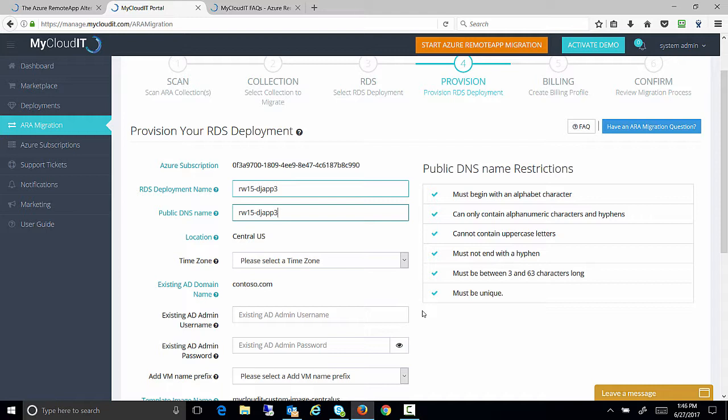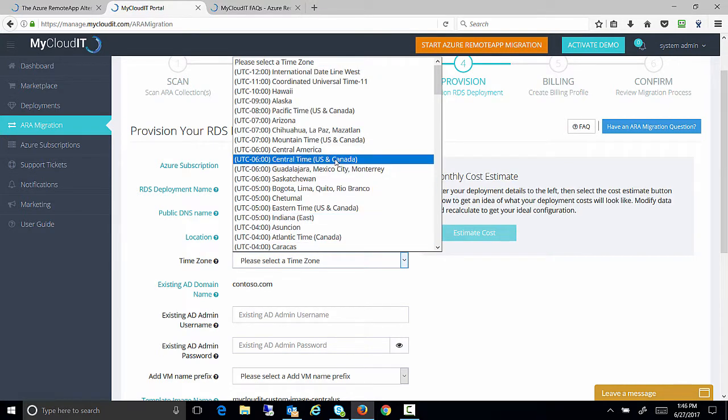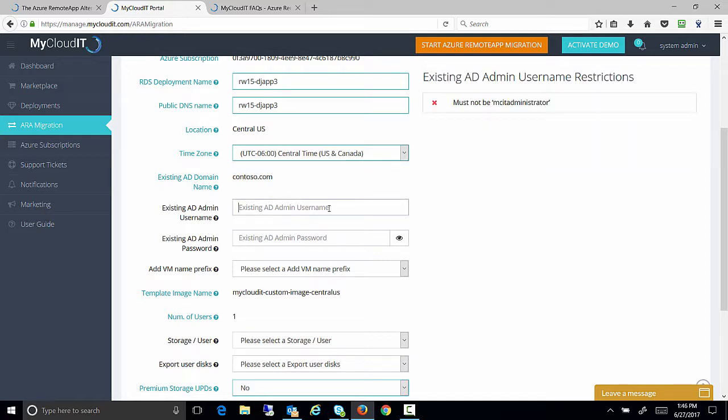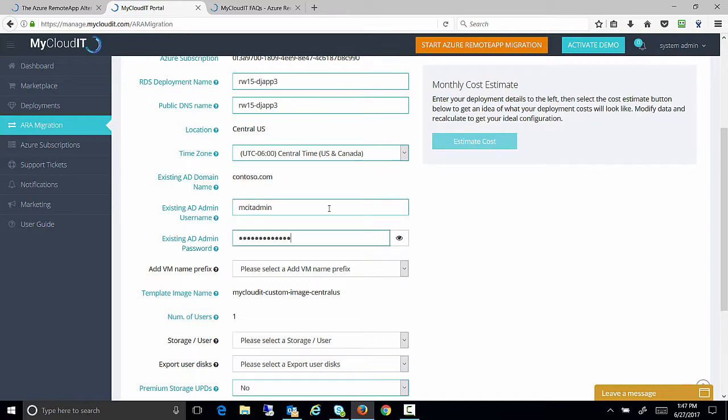You need to acquire the certificate for that domain name, but we have documentation on how you can set that up. Set your time zone. This sets the time zone of your management servers in your deployment. And then existing credentials. So this is the existing domain name that the Azure RemoteApp collection is using,